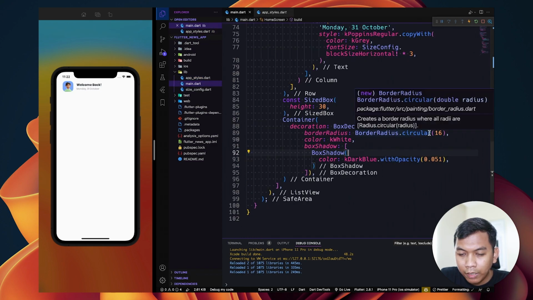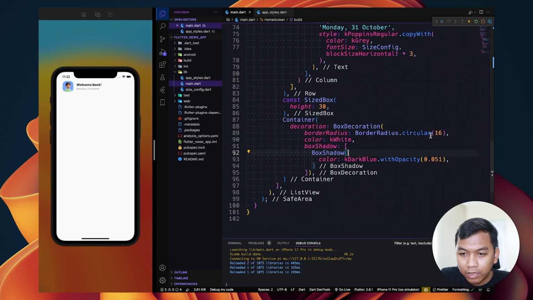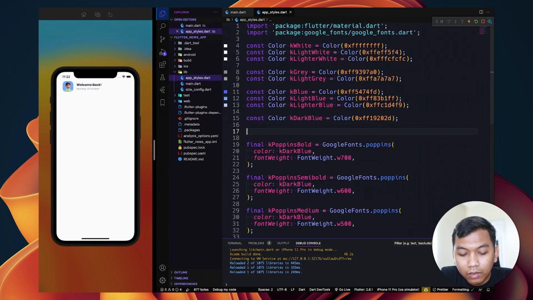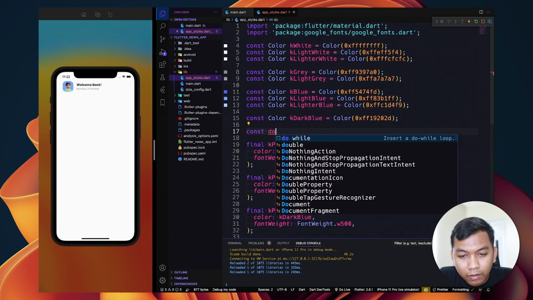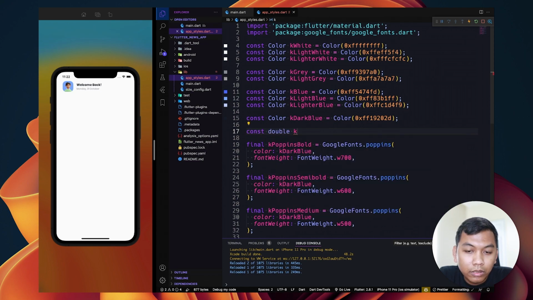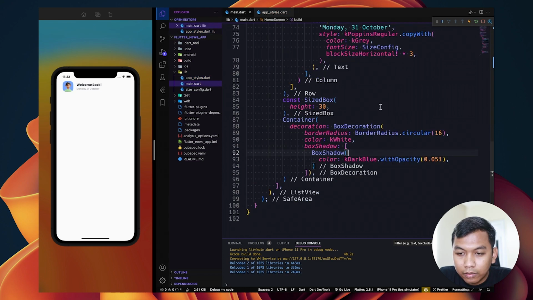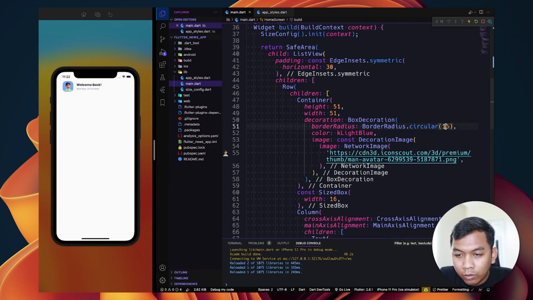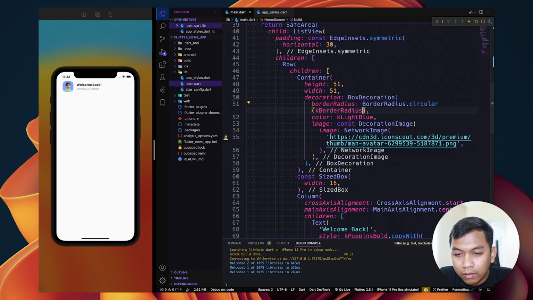So maybe let's create another constant, maybe here, to set a border radius. So let's set it to 16. So we can say border radius and this to border radius. Alright.